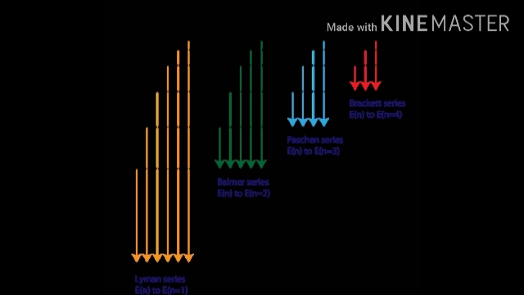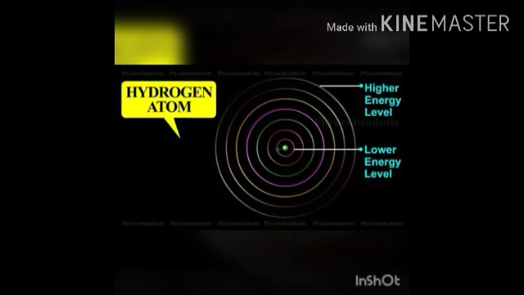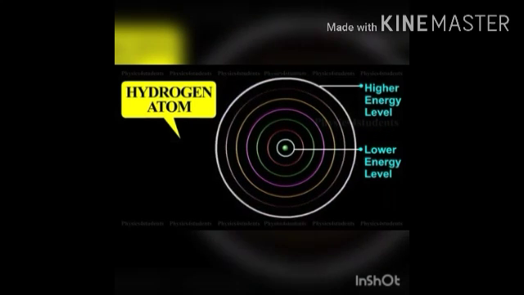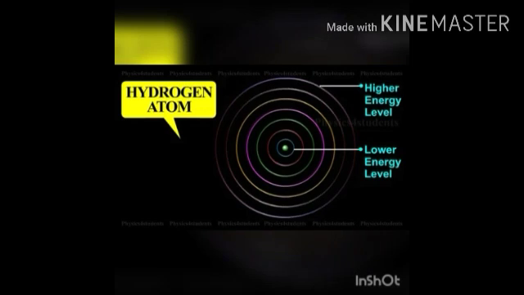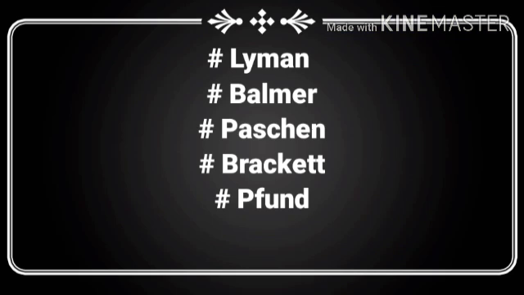In the spectral series of the hydrogen atom, the lines of hydrogen are grouped into separate series. In each series, the separation between consecutive wavelengths decreases from the higher wavelength to the lower wavelength, and the wavelength in each series approaches some limiting value. It is known as the series limit. These series are named the Lyman series, Balmer series, Paschen series, Brackett series and Pfund series.